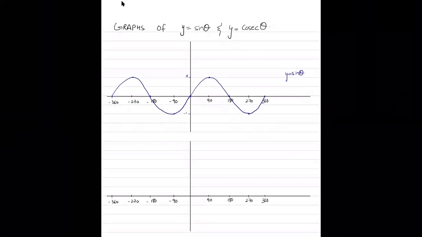First thing first, you're going to see where the graph is becoming zero. The graph is becoming zero at 0 degrees, 180, 360, minus 180 and minus 360 over here. So if I know cosec theta is the reciprocal of sine theta, what will happen to my function of cosec theta where the value of sine theta is going to be 0? If the value of sine theta is going to be 0, then 1 upon 0 is going to be,